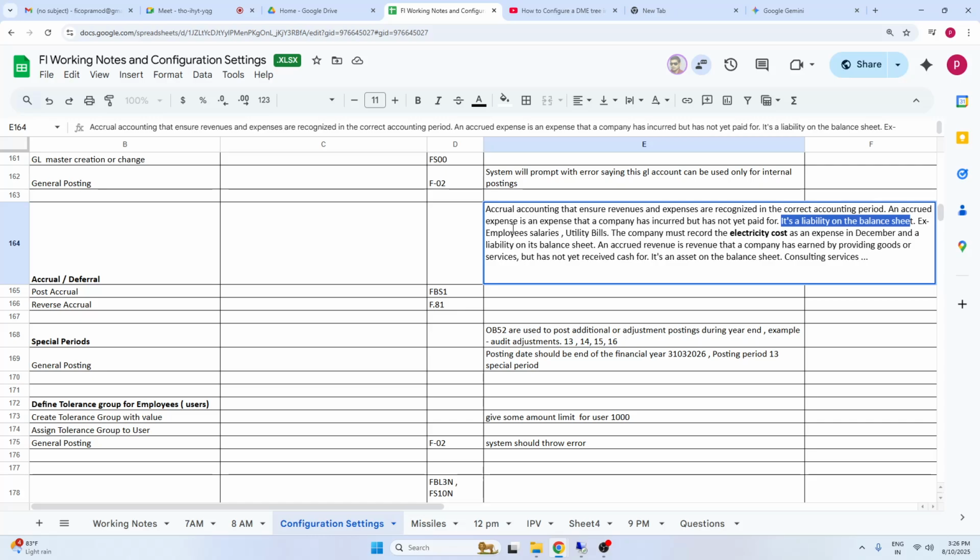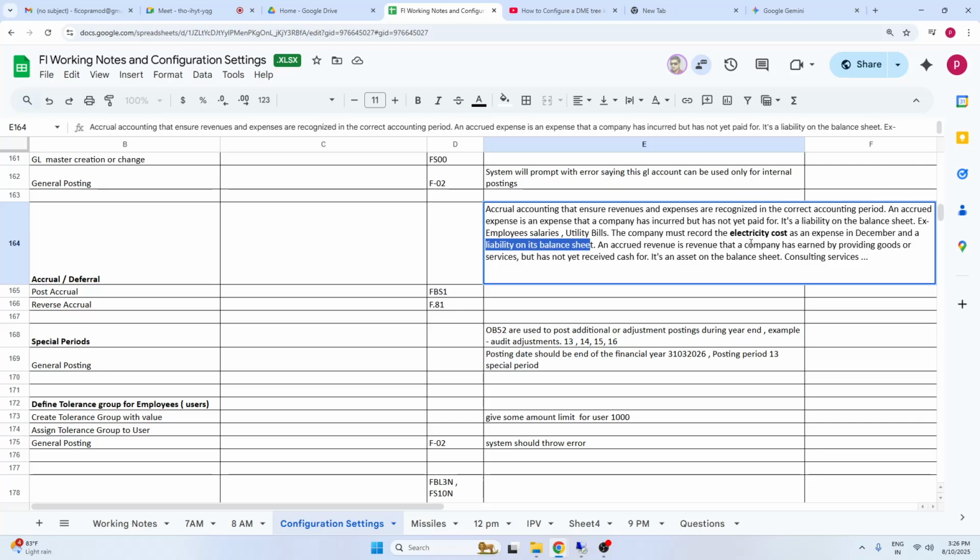So accrued liabilities: employee salaries, because the company is responsible to pay salaries for the current month, though they may pay on the 5th or 6th. Otherwise, take utility bills. For example, the company must record the electricity cost as an expense in the December period and as a liability on its balance sheet, because in January you receive the electricity bill, but you already utilized the electricity in December.